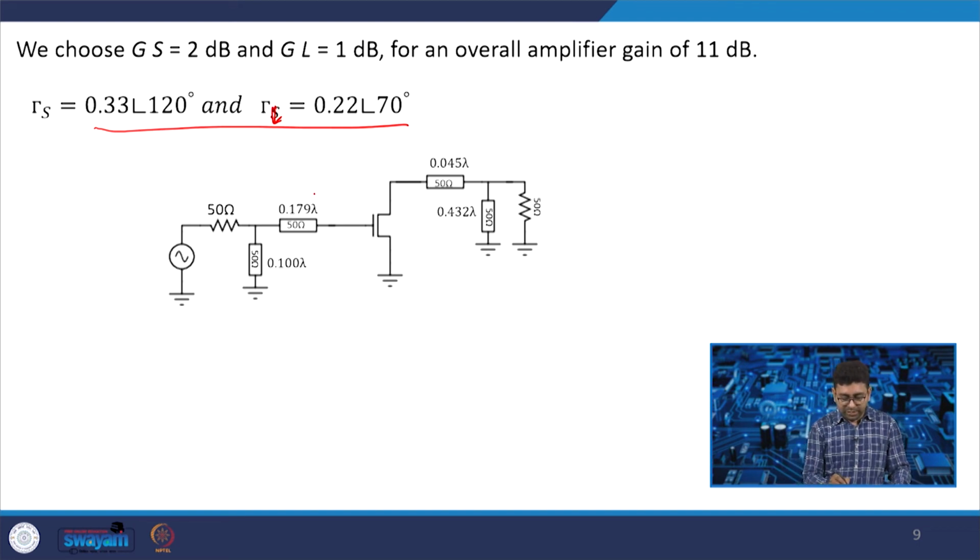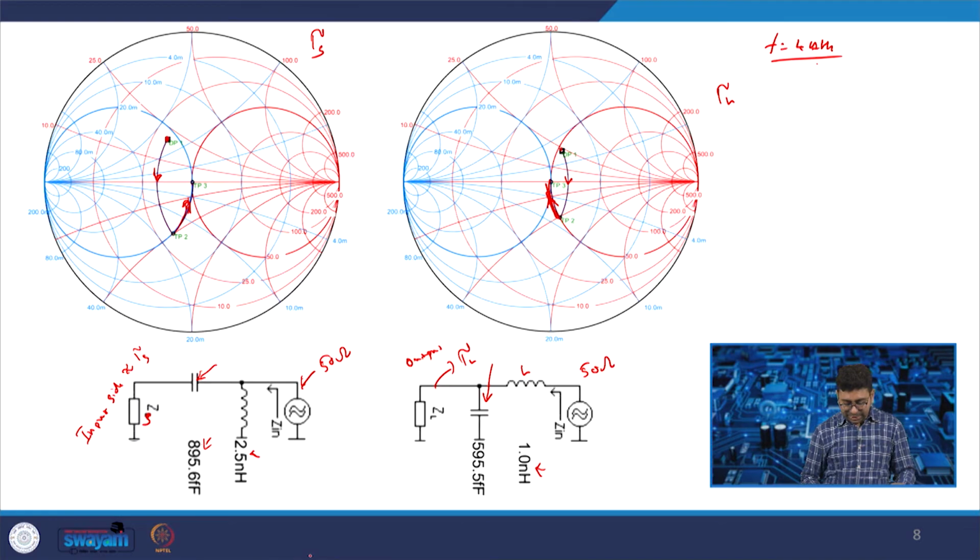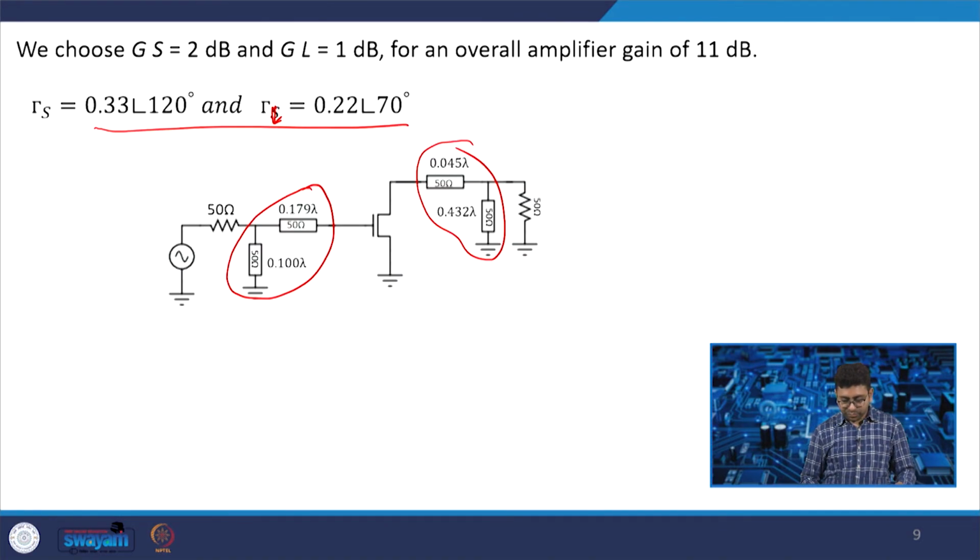You can also use stub matching, means you can use a transmission line. We already have seen how you can convert inductor and capacitor in terms of transmission line. You can also use stub matching to do the impedance matching. So, if you take the previous case, there is a capacitor and inductor, here there is a capacitor and inductor,